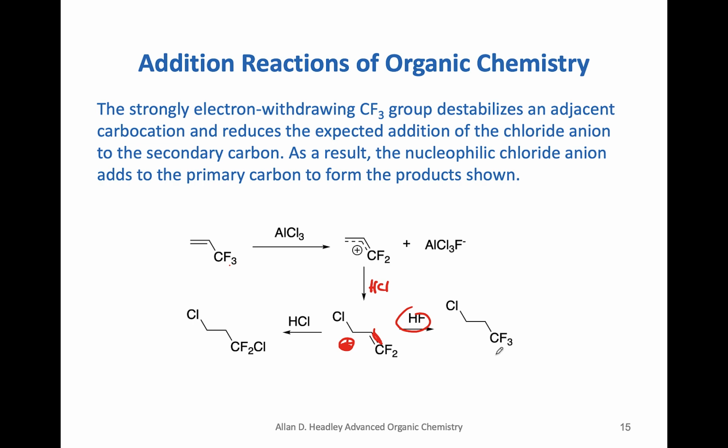Once we add now HF right across here, we can get this, and HCl right across here, we can get this. So once again, let me not confuse you. What we have here is this reactant. The AlCl3 will abstract one of these fluorines to put a positive charge here. So what we're going to have is essentially